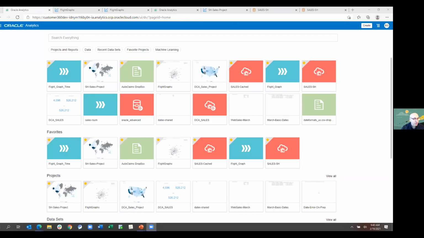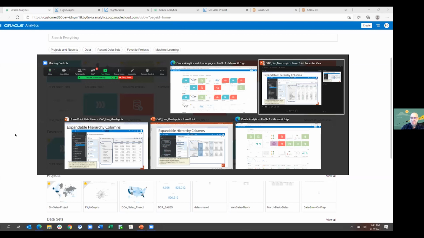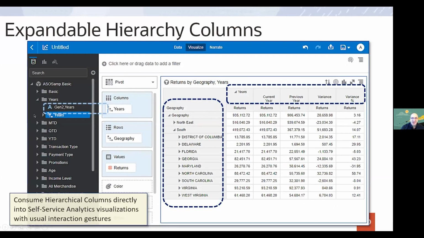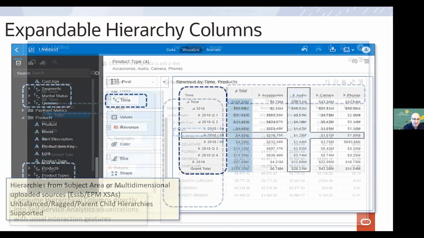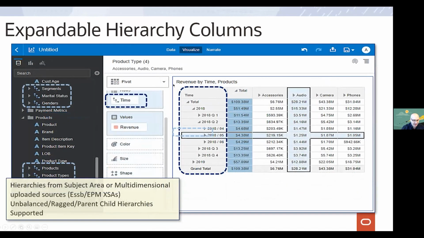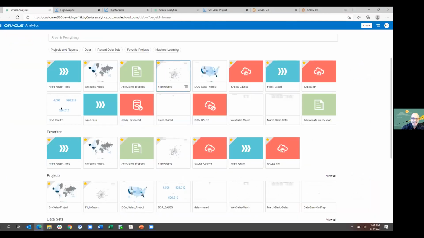And actually, Ben promised something I did want to show, which is the expandable hierarchies. Unfortunately, my EPM connection this morning is not working. So I'm going to just show a picture of what it'll look like. It was taken from a current build. So this is the kind of concept. If you have a subject area or EPM, or Essbase, and you have these hierarchies, you'll be able to show them the way you would expect to in DV. So this is a nice improvement I think a lot of people have been looking for. So this is an example of what this would look like. So let me get back to the rest of the demo.